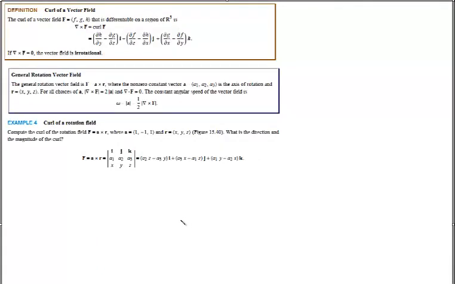In our next example, we're going to compute the curl of our vector field. So I'm just going to follow here from our cross product, A cross R, and substitute in what we have for our A1, A2, A3. In our case, A1 is 1, then we have -1, 1, and our R in this case is X, Y, and Z. Computing that cross product and getting the determinant, you will end up with our